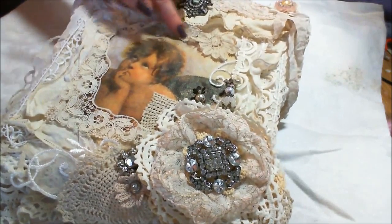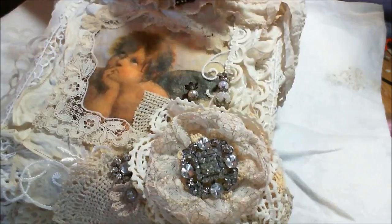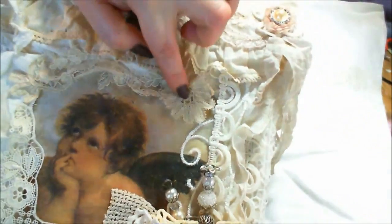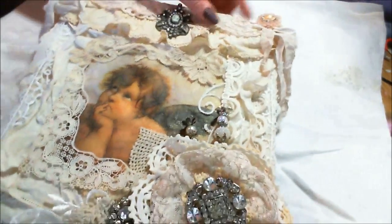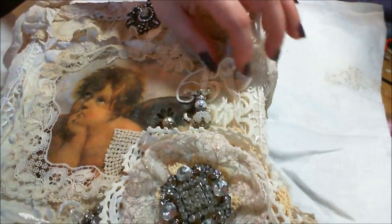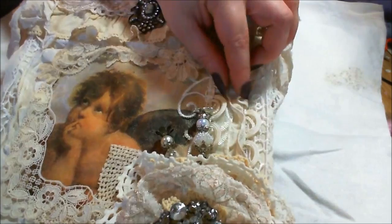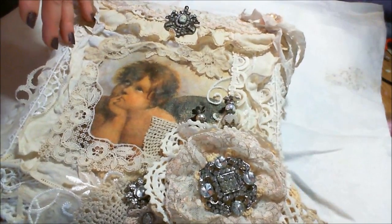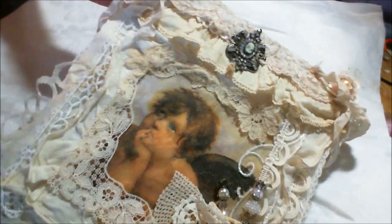This more frilly, very fragile applique is so old. This is not vintage, it's antique, so clearly. And here's some lace ribbon or whatever trim you might call it. I have ordered it, and I put this lace here also on these sides to make it symmetrical. I made little flowers to kind of